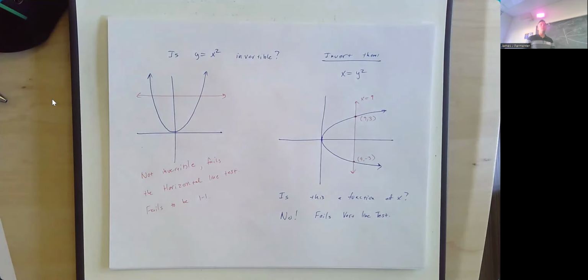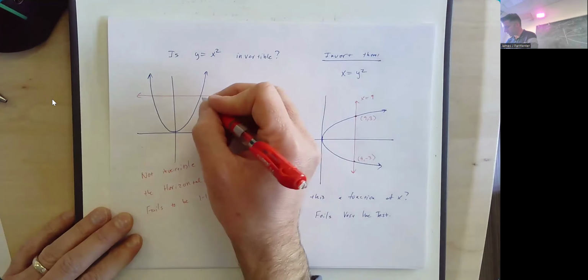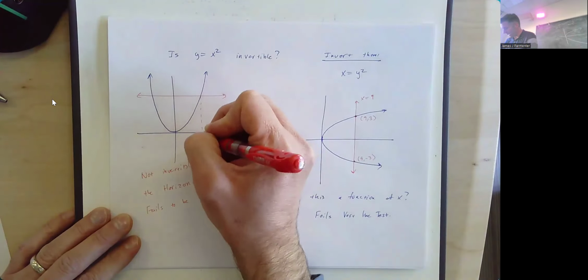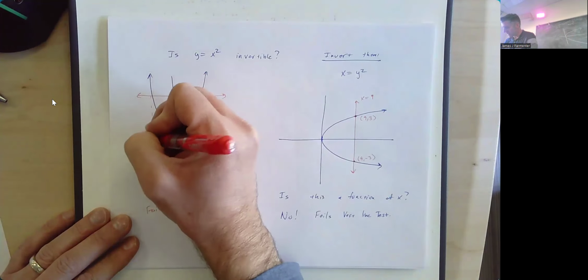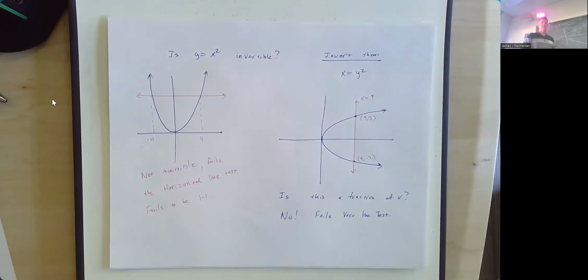A function is one-to-one if two different x inputs give you two different y outputs. And that's not the case here. Two different x inputs, like +4 and -4, give you the same y output. So it's not one-to-one. All right, so now, real quickly, just looking back for a moment at all the graphing